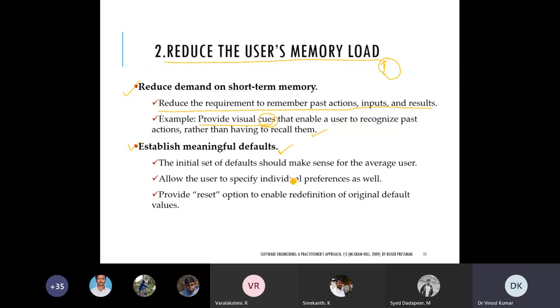If this facility is there, at some point of time you reached somewhere, you made the changes, now you are not comfortable and you want to undo, but you are not able to do this. So what you will do, you go to the previous setting and you can reset the whole thing. If you reset, you will come to the default setting. So you are not remembering anything, you just go to the default, click there, and the default setting is now coming. That's why we are avoiding the memorization part in this way.